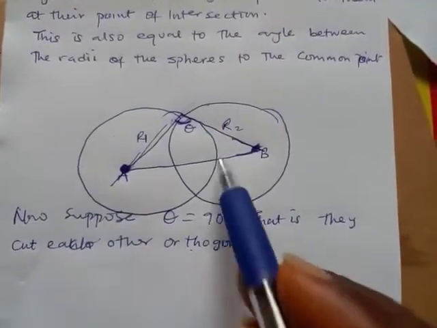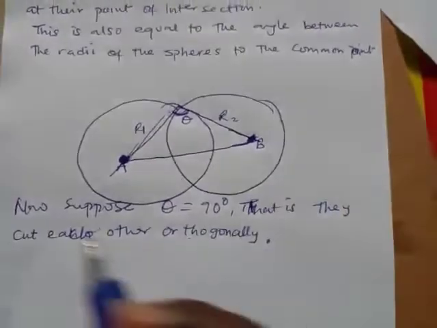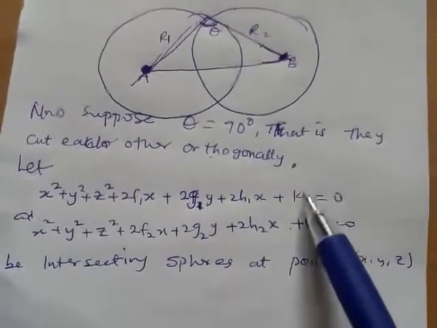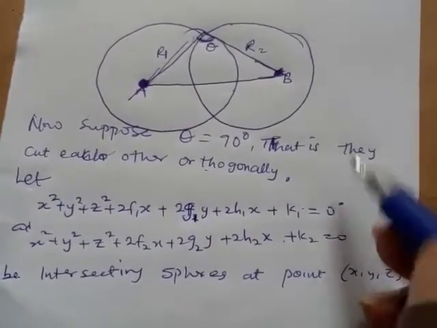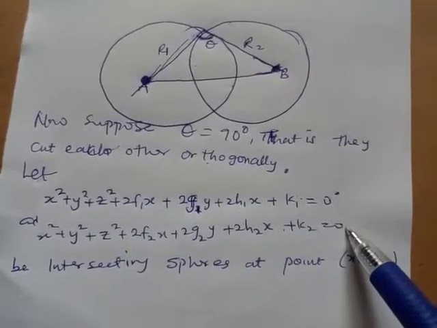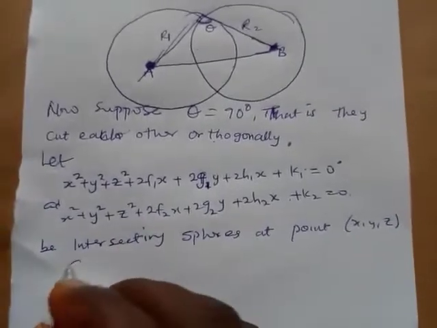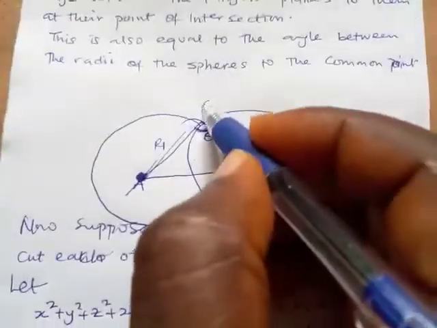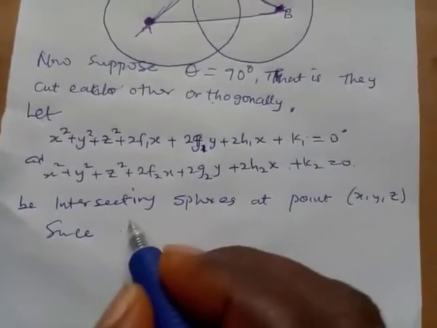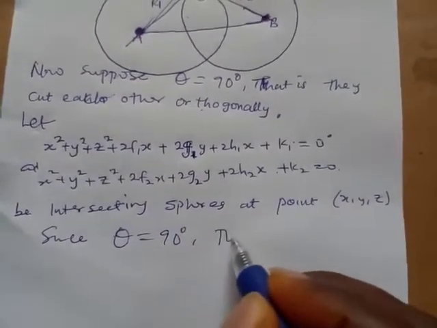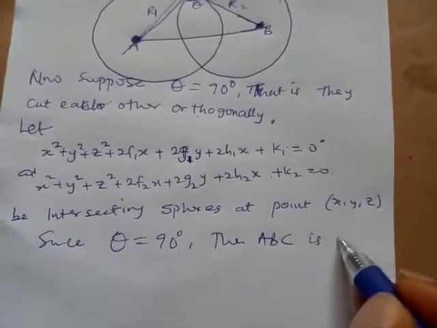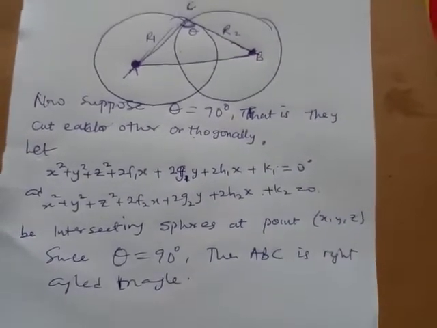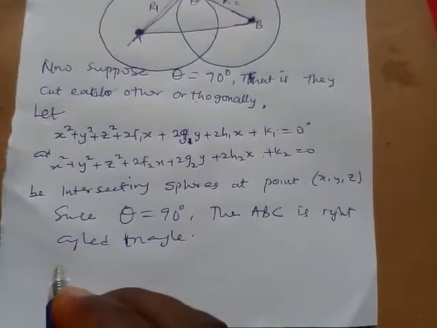Now let us represent a certain equation for this sphere and a certain equation for this sphere. Let these two be intersecting spheres. Let's assume that this is the first sphere and this is the second sphere. Since theta is 90 degrees, let me put point C in this place where they intersect. Since theta is equal to 90 degrees, ABC is a right angled triangle, and by Pythagoras theorem we should have